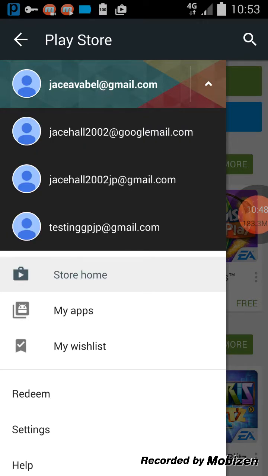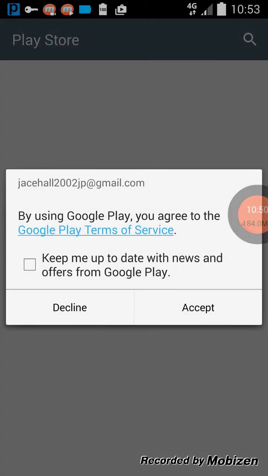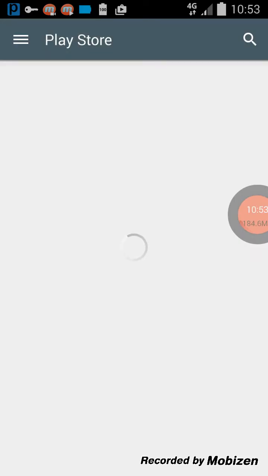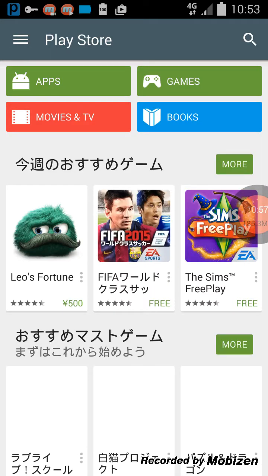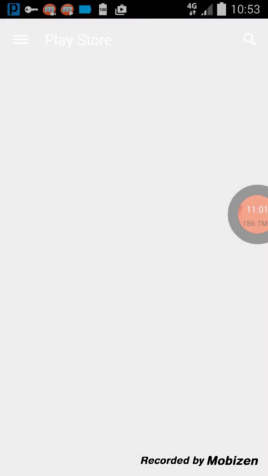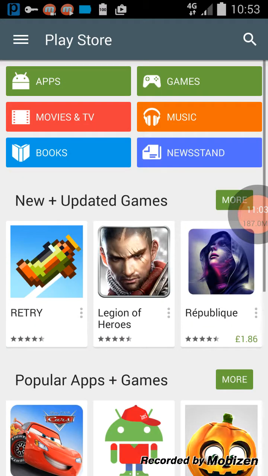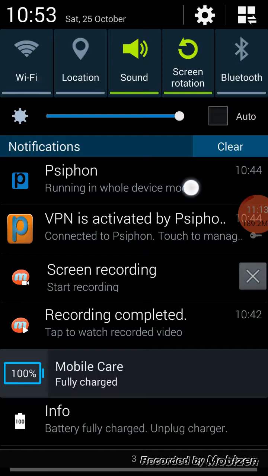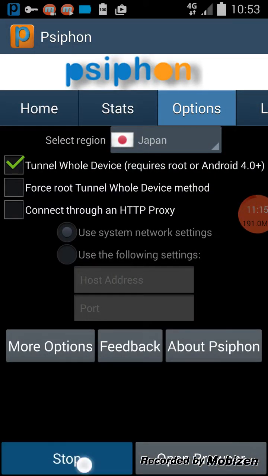Go into Japan, and then I'll go to this one, because I haven't used it since I cleared data. It's asking me to accept, loading up in Japan, and then as soon as I go to my old account, it'll automatically load up in English. Now, if you load it up in Japan and you want it to load back up in English because the account you're using is a new account, all you have to do is simply stop the app,